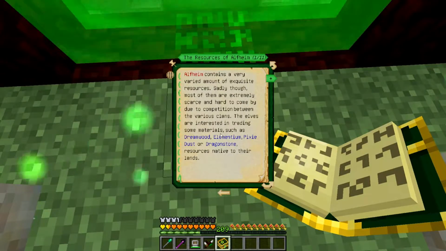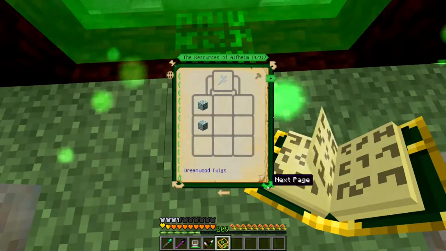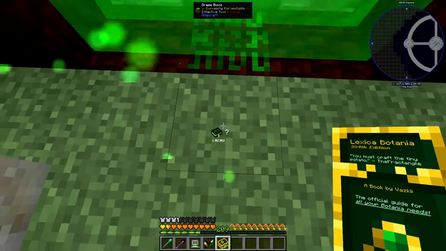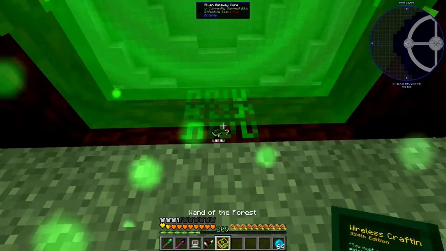resources of the Alfheim, which is Dreamwood, Elementium, Pixie Dust, and Dragonstone. And one is Living Wood. One is mana steel or mana blocks, but it's 2 mana steel per 1 elementium. And I don't know if we need elementium right now. We needed pixie dust, which was mana pearls. So we need...